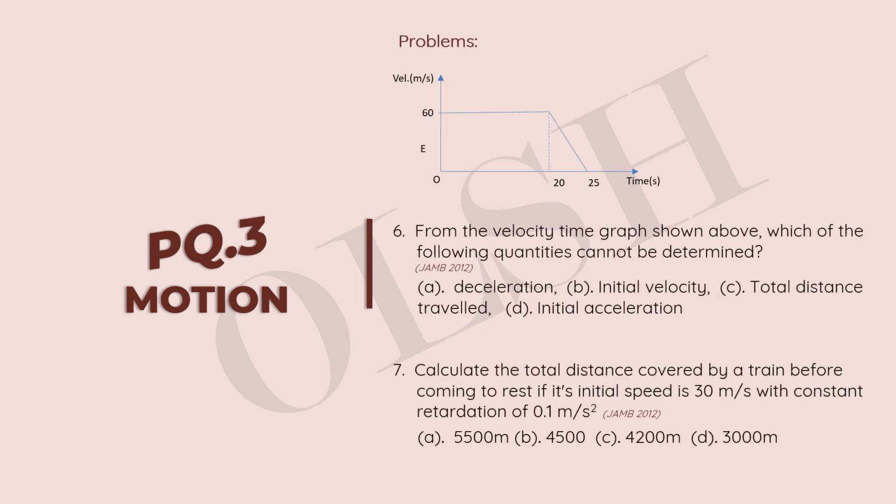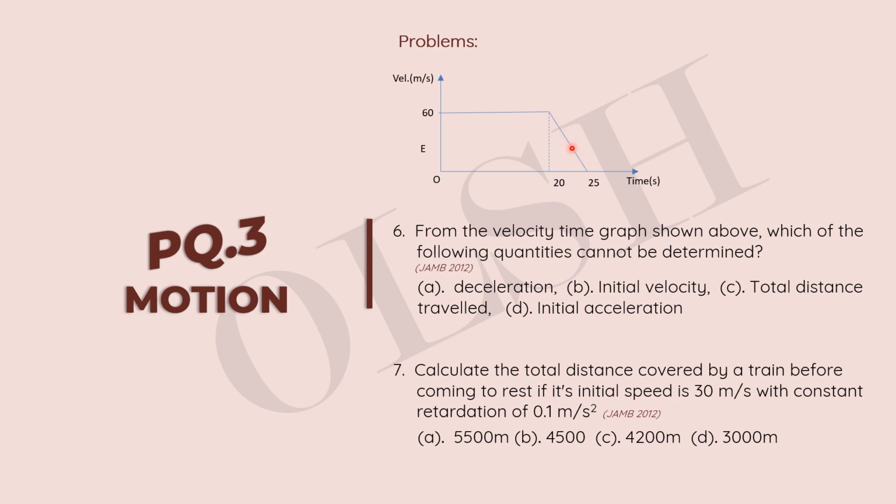Okay, so move on to number 6, and there we have: from the velocity-time graph shown above, which of the following quantities cannot be determined? A. Deceleration. B. Initial velocity. C. Total distance traveled. D. Initial acceleration. Okay, so if you look at this graph, we can see that we can determine deceleration here because